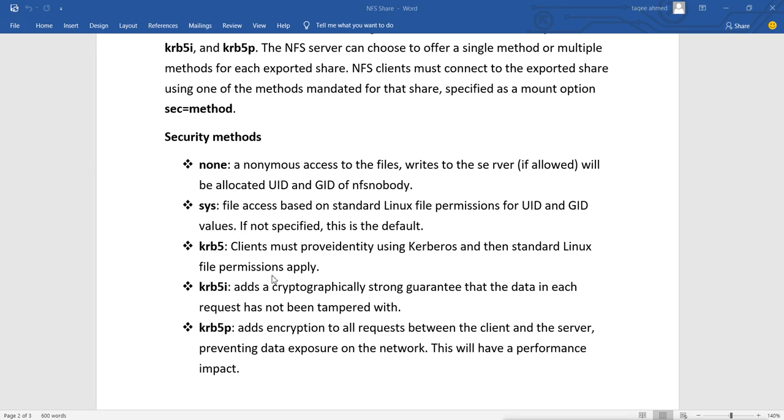And for that, first you have to configure the Kerberos server. So if you do not have a Kerberos server, then you can go with the default option, that is sys. So remember, when we check the exportfs command with the verbose option -v, it shows the security option also. Let me show you that first.